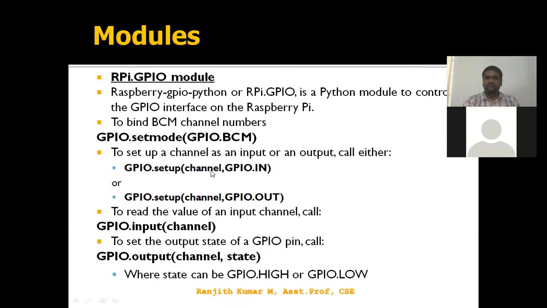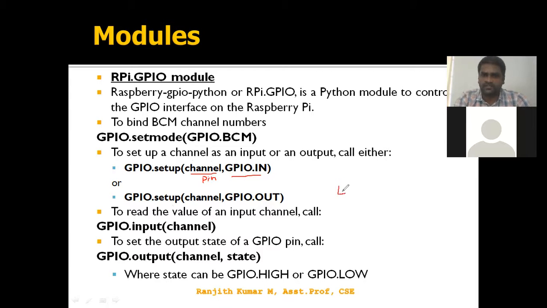What channel are we using? We use a pin number. Here I'm using one variable for the channel, I'm writing the variable name, that is pin. So we map a pin number as input, another pin number as output. We can also set it as an output.